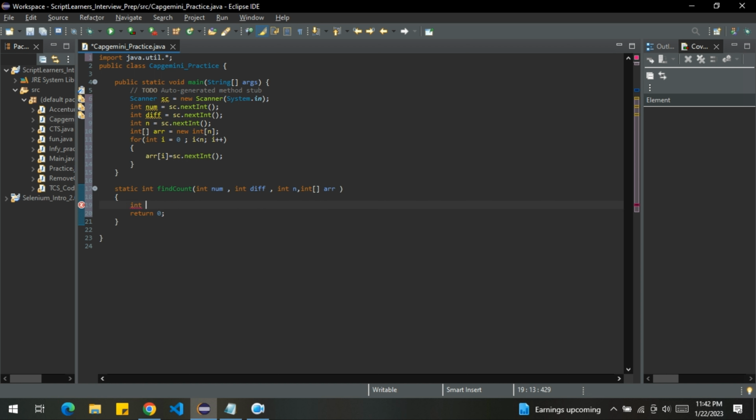Now what I will do is I will create a variable that is count, in which we will be storing the count of all the numbers that will meet the criteria. So I will create a for each loop this time. Int i,